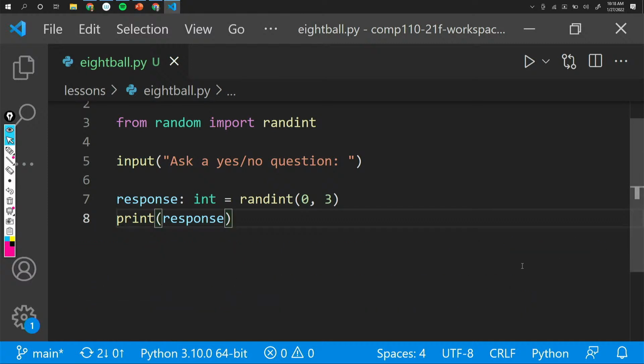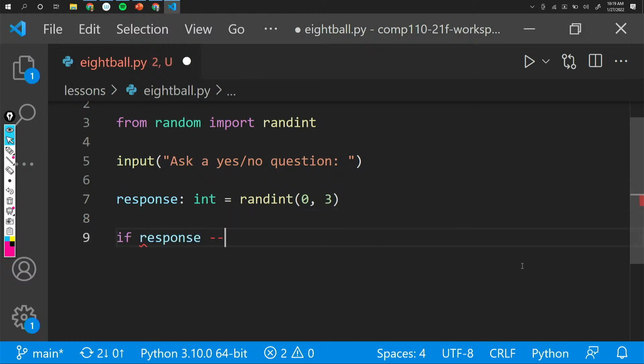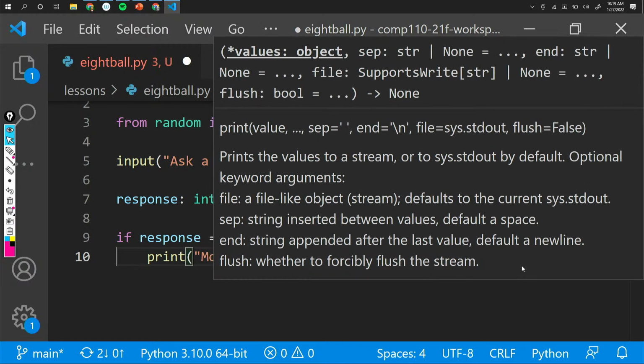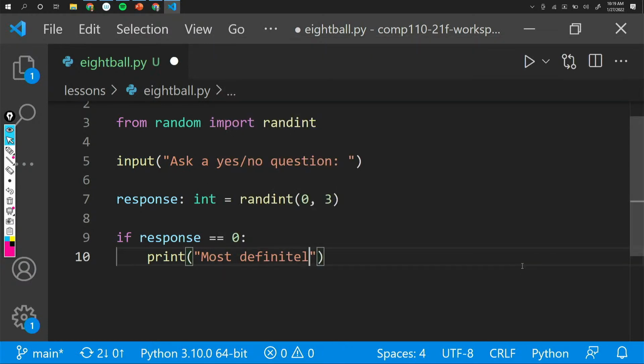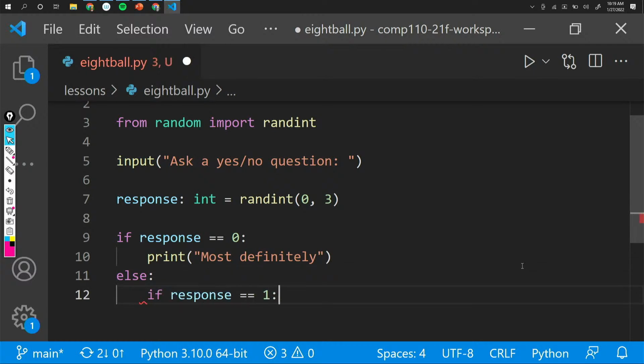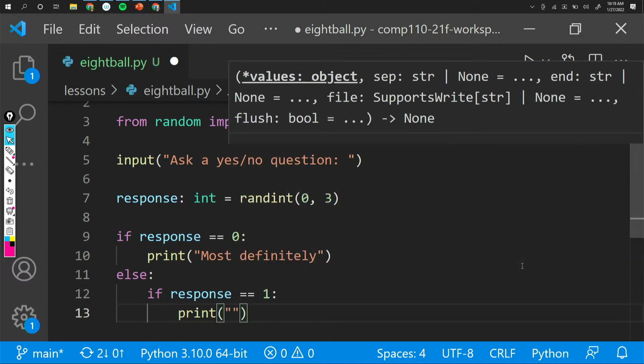And so now we can actually implement this logic that we just saw on the previous slide, right? So if response is equal to 0, print most definitely. Else, and we're going to nest this logic, if response is equal to 1, print highly likely.